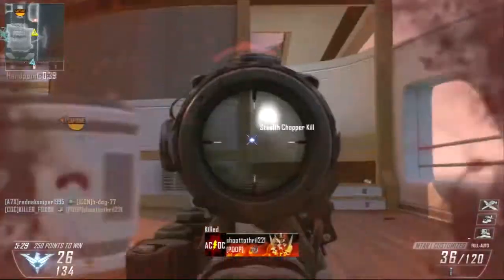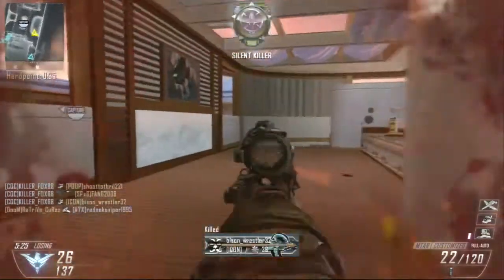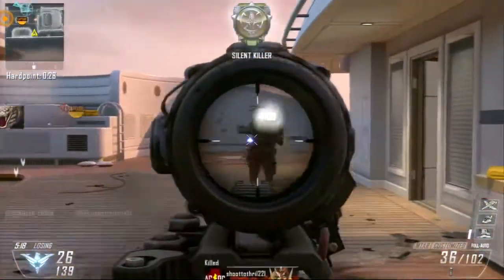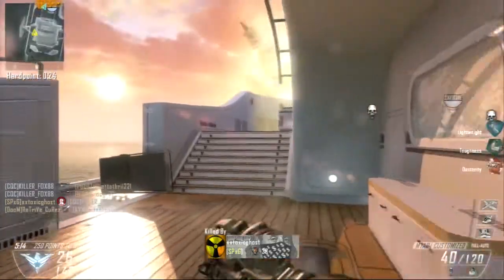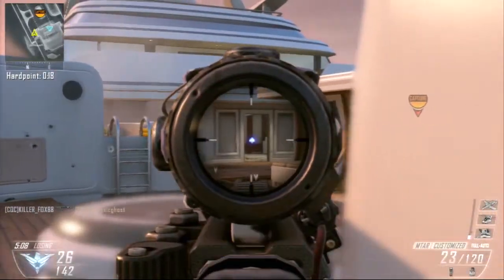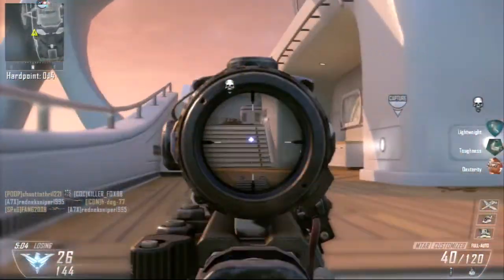Okay. Also, besides duck and cover, it's like a necessity to know your enemy's patterns and their spawn points. I do not usually try to spawn camp or spawn trap, because I know how mad it makes people, because I hate being spawn trapped. But